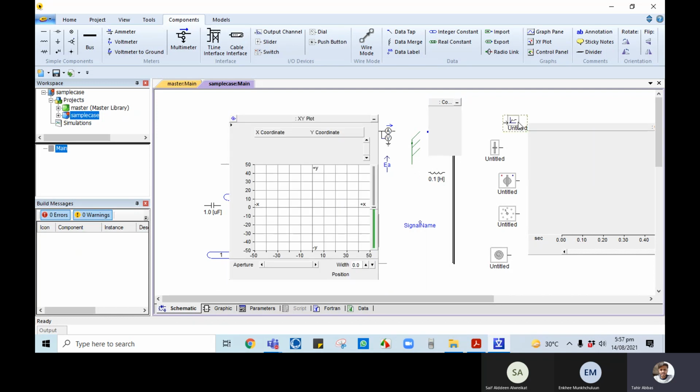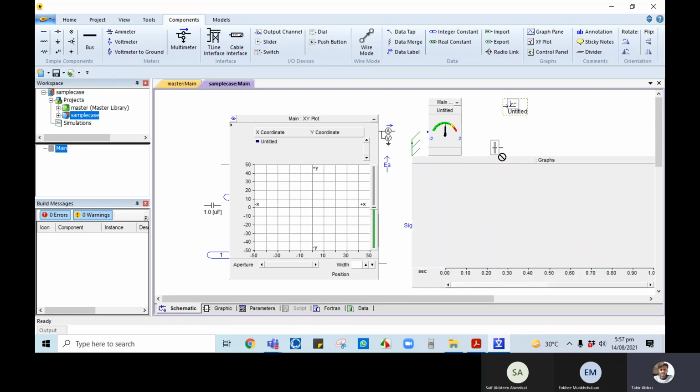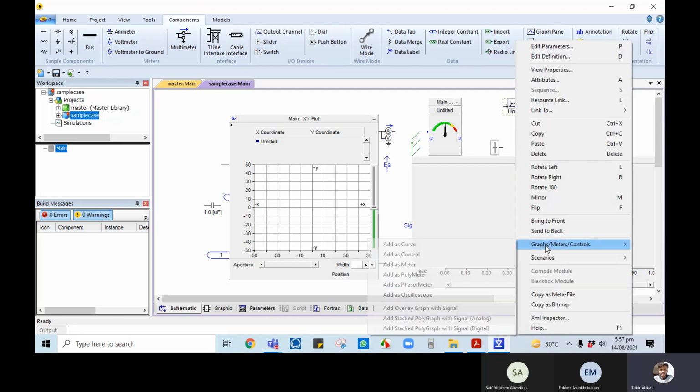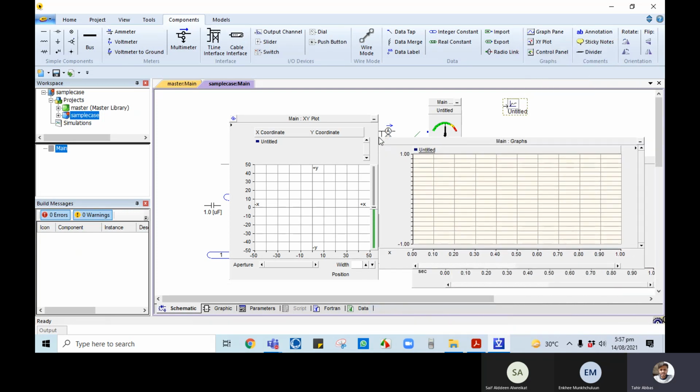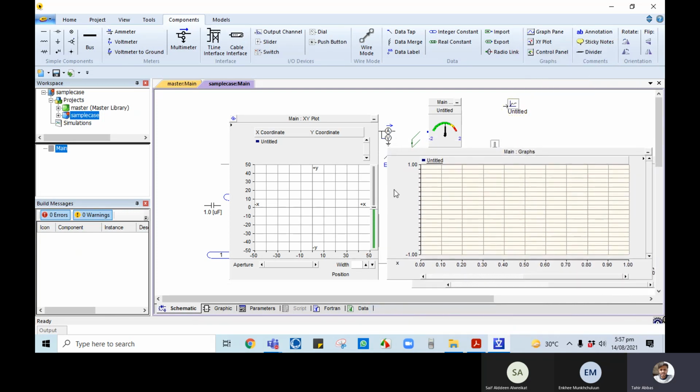Like if this, press control and then drag here. So here you can see that untitled is here. Similarly, press control and then drag here, so you will see. And then similarly, the same output channel, press control and then drag here. Okay, just press control, so we will see, sorry, not here. Otherwise we can go from here. We will discuss all these methods, graphing, overlay with the signal. So here you can see with the signals.